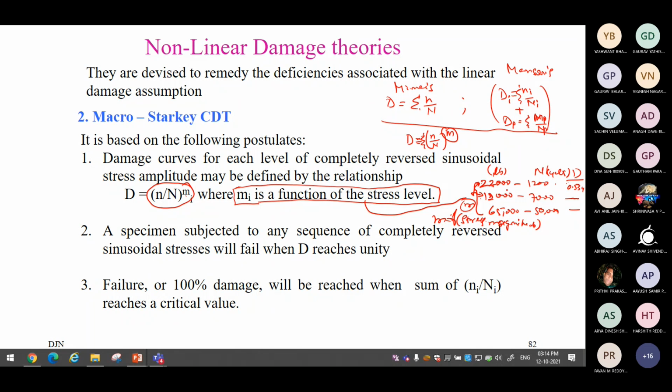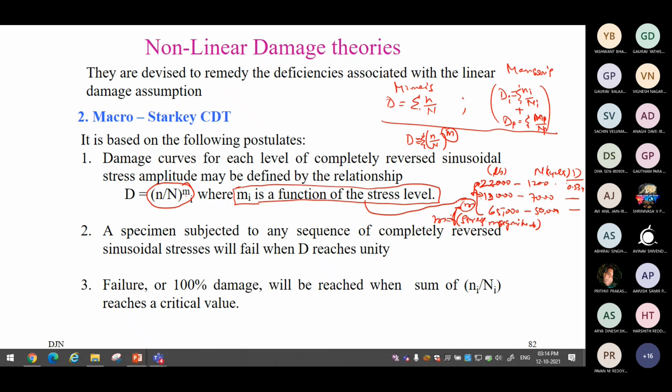So you have to laboratory test it. You apply this value, you test it. You apply the next value and you test it, and you compare how the damage varied. Then you obtain this m. That is the difficulty of having this data. You do not have this data in open domain. Therefore, it becomes quite difficult to use this type of theory.